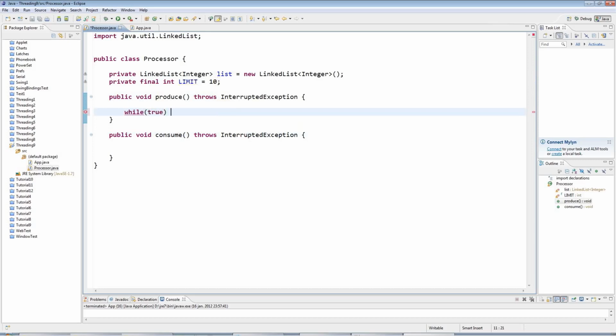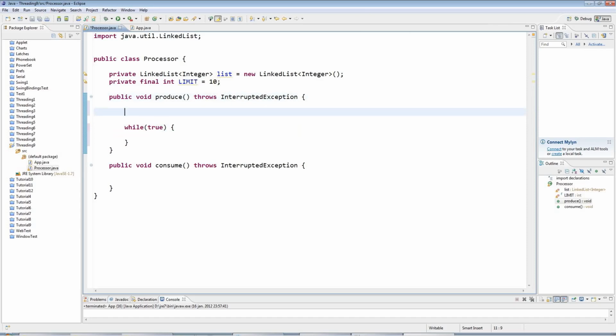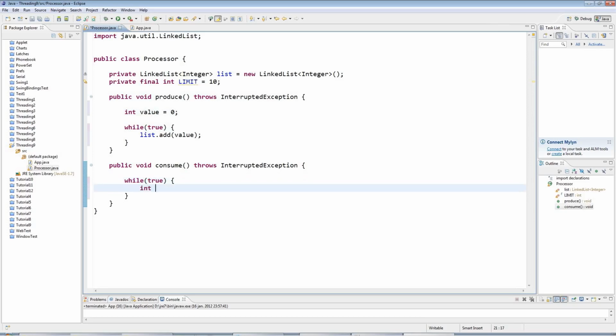And what I'm going to do, here in the producer thread, is just have an infinite loop just to keep things simple, and I'm going to declare an integer here, int value equals 0, and I'm going to add values to this list as fast as I can. So I'll just say list.add value in this loop, and my consumer thread is going to try and remove values from this list. So it's going to, while true, say int value equals